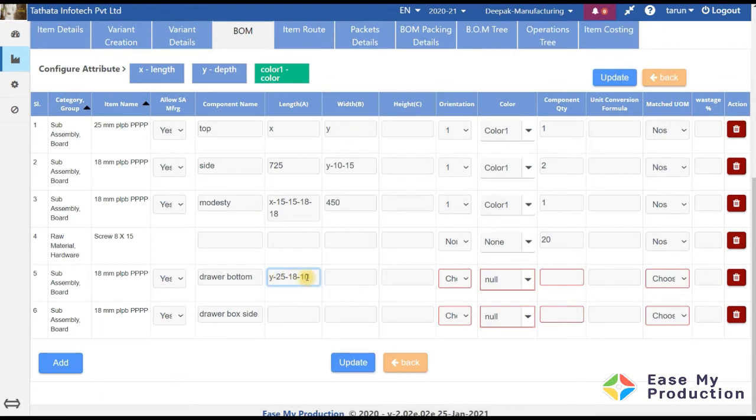So this is my length for the drawer bottom, and width, let us say we are making it 400 mm wide. So 400 minus 18 mm for the side board.